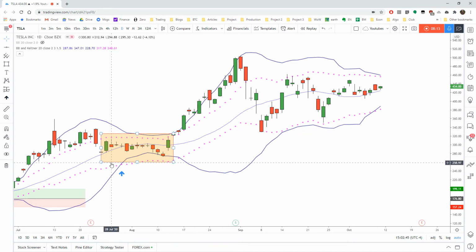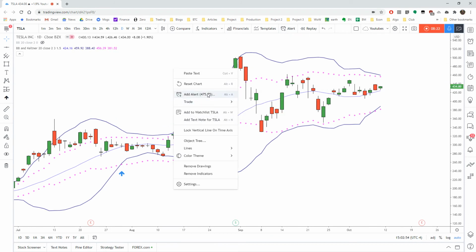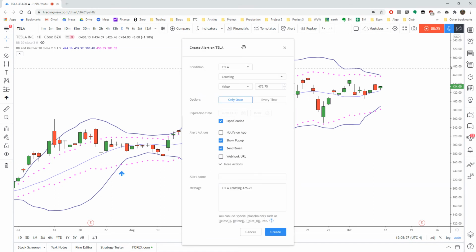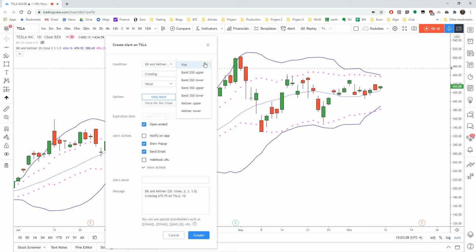Oh, one extra little bonus. Let me show you how you can actually set up in Tradingview an alert like this. So, you can either click alert on the chart up here or on the chart. And if we wanted this to show up for us, here's how you would set it up. So this is what the base alert condition would look like. If we have the indicator on our chart, we need to go down to that indicator. We're going to choose, let's say, the Keltner lower, which would be our little pink dots here. And then the next criteria is going to be choose the indicator once more. And the second standard deviation band lower, which is the blue,